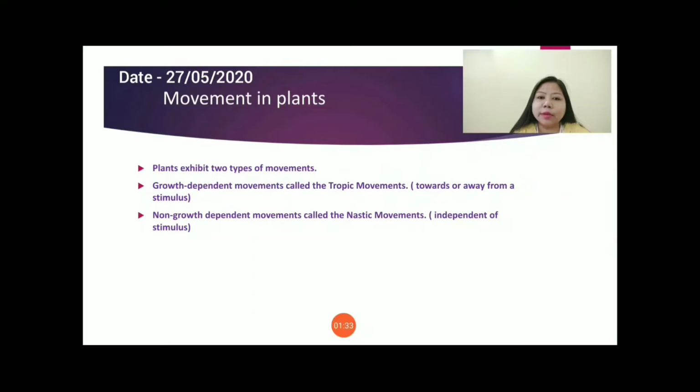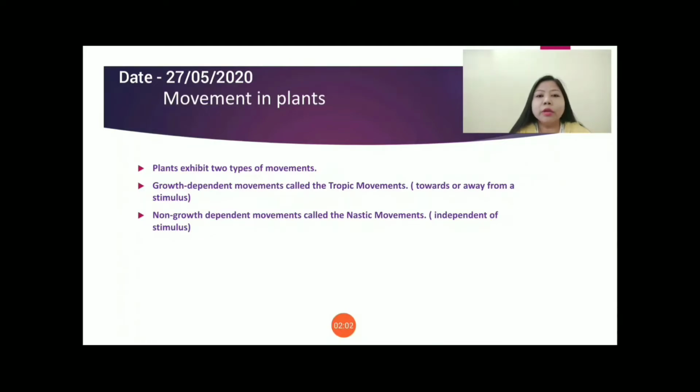The nervous system and the endocrine system together coordinate with each other, and as a result all the activities in the animal body take place. But such a system, that is the nervous system, is not present in the body of plants. So how do they control and coordinate their activities? In this class we are going to learn how they do it.